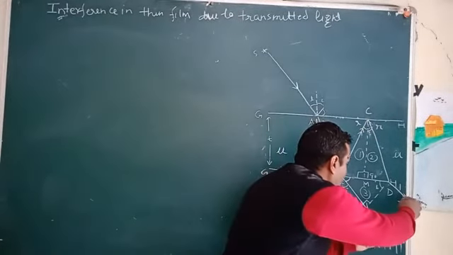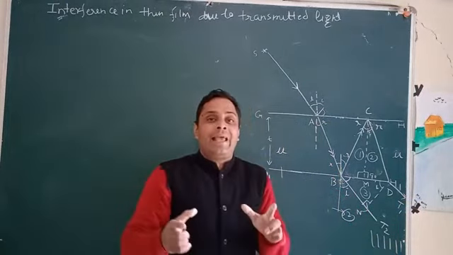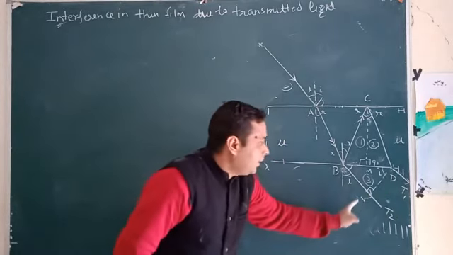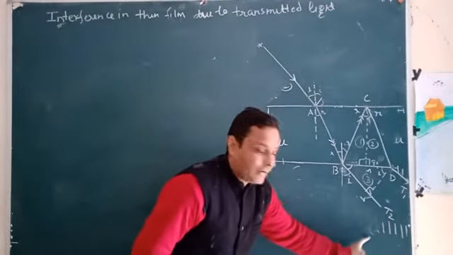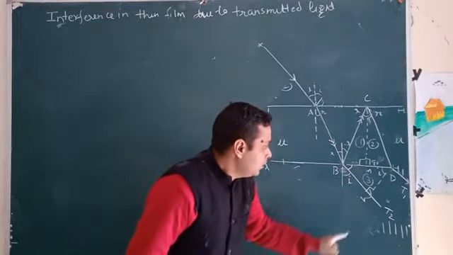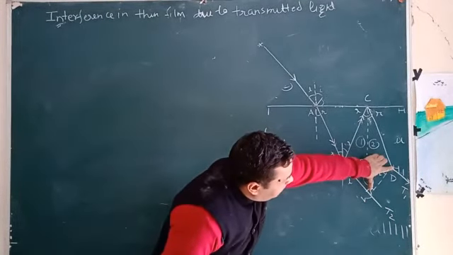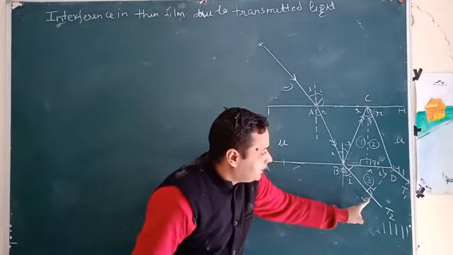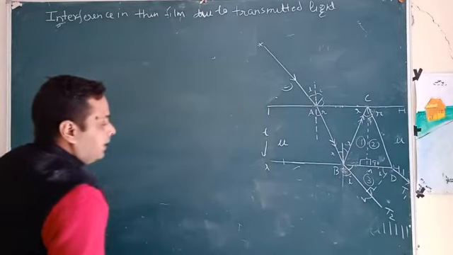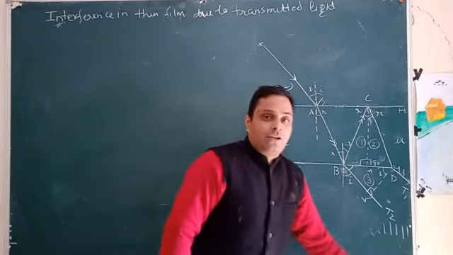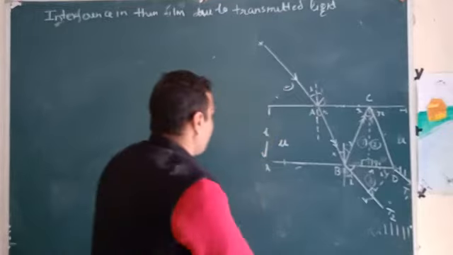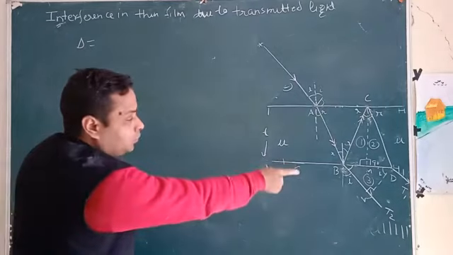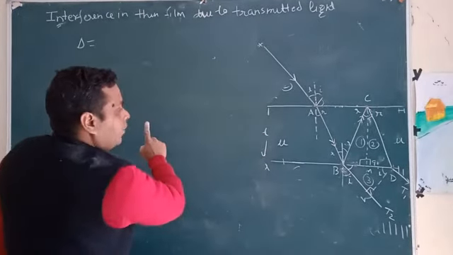So these two rays T1 and T2 interfere with each other and produce an interference pattern, that is dark and bright fringes. We can calculate the path difference between T1 and T2 and find the condition of the bright and dark fringes. So here we have seen that the path difference between these two rays, T1 and T2, is